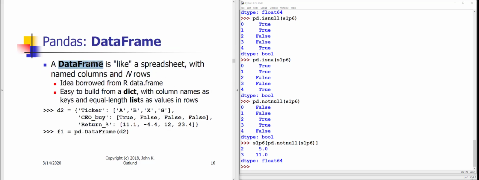Now, a data frame is the other important data structure provided by pandas, and it is a spreadsheet-like data structure. It has n rows, and the columns are named, and the columns can have different data types. If you're familiar at all with the R language, you may be acquainted with the data frame structure in R, and